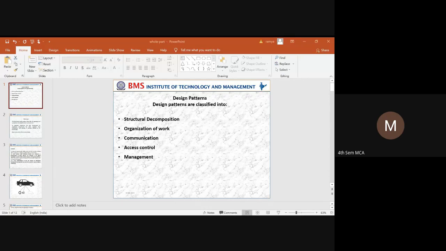One such example is the whole part pattern, which is classified under structural decomposition. Why? Because we are looking at it in terms of two different parts: one part we call the whole, and the other we call a part.